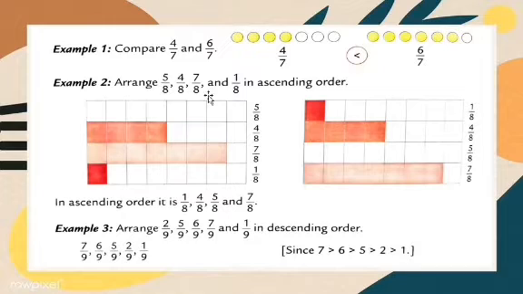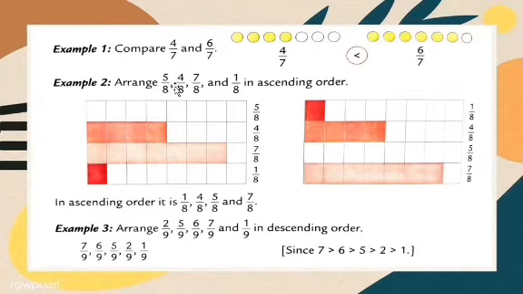So write the first fraction as small to large. In ascending order we arrange from small to large, and the opposite, descending, is large to small. So here, how do we apply it? See this: 5 upon 8, 4 upon 8, 7 upon 8 and 1 upon 8. First 1 upon 8, then 4 upon 8, then 5 upon 8 and then 7 upon 8.